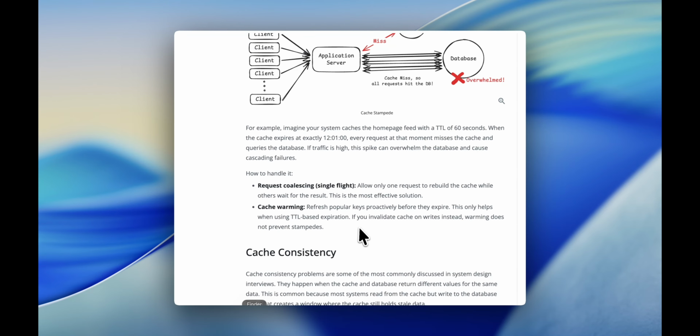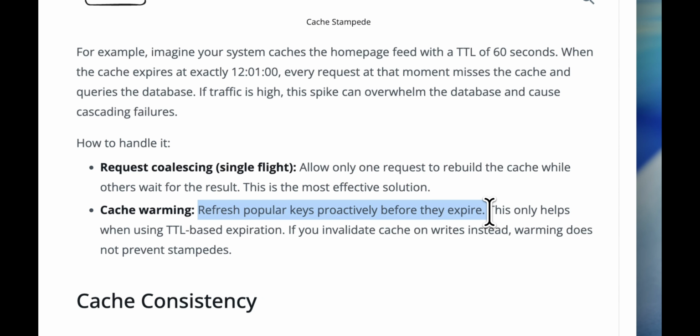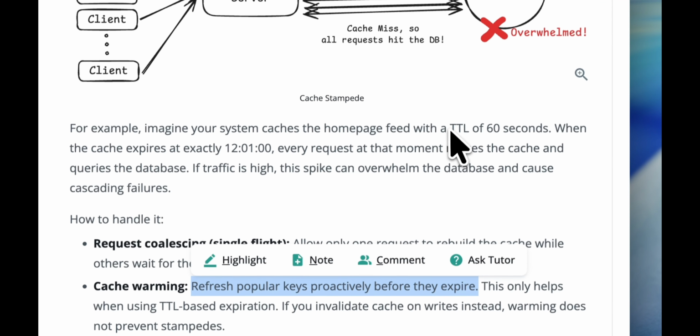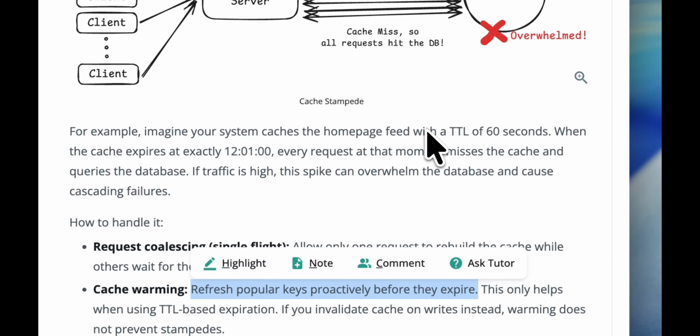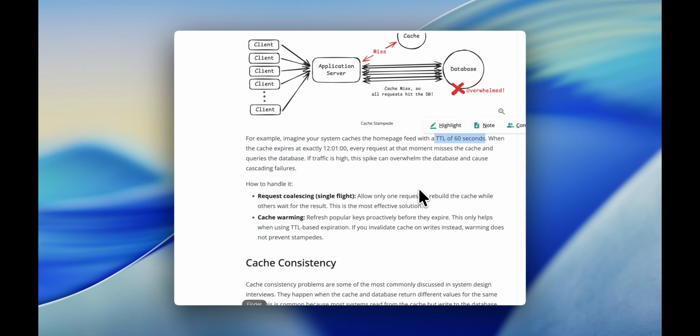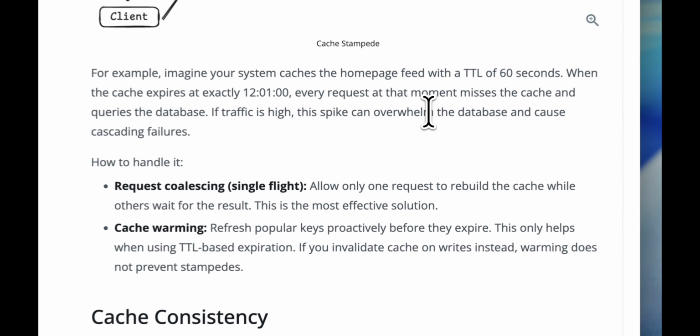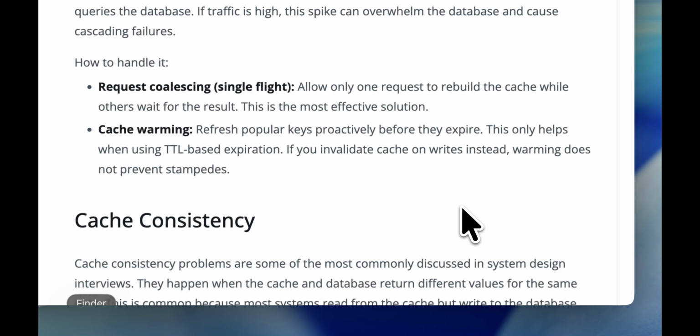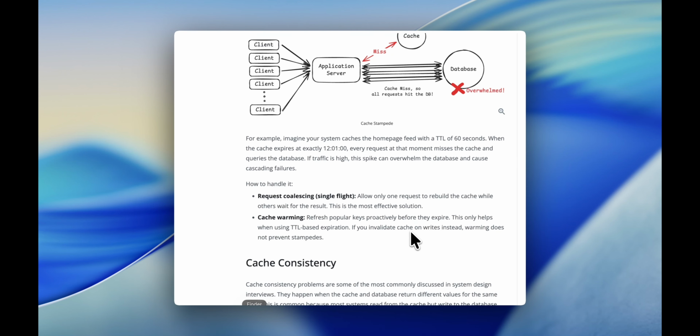The second one is cache warming, where you refresh the popular keys proactively before they expire. So we can put up a logic here somewhere in our application where time to live is 60 seconds, and if the cache expires, then automatically that home page feed is loaded with new data. So this helps us in TTL based expiration, and if we invalidate cache on writes instead, warming does not prevent